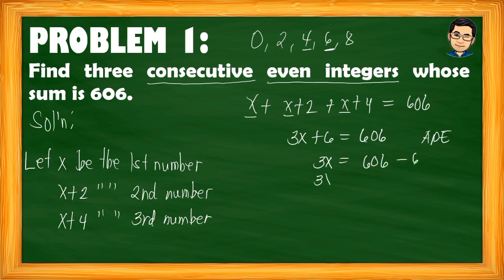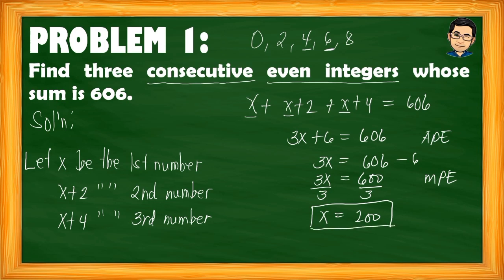So that is 600. And then, applying multiplication property of equality, so we will multiply 1/3 to the whole equation, or just simply divide 3 to both sides. So x is equal to 200. So, ibig sabihin, yung first number na hinahanap natin is 200. Okay? And then, yung second number naman na hinahanap natin is mag-add lang tayo ng 2. So, that is 202. And then, yung 200, mag-add tayo ng 4. We'll get the third number which is